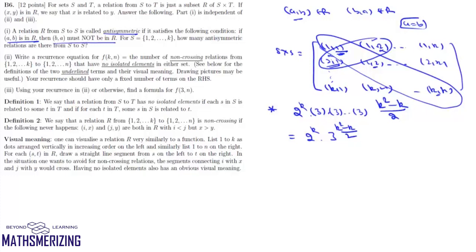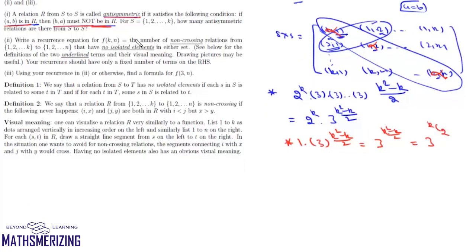Now in CMI's way, what they say is a relation is defined anti-symmetric if AB is in R, then BA must not be in R. So in this case, they have not allowed this condition. So we cannot have 1,1, 2,2 and KK. So that means for all of them, we have only one choice. So it'll be simply 1. And then for each pair, again, we'll have 3 choices. So it'll be 3 to the power (K square minus K) upon 2. So the answer to this question will be 3 to the power (K square minus K) upon 2, or we can also write this as 3 to the power KC2.